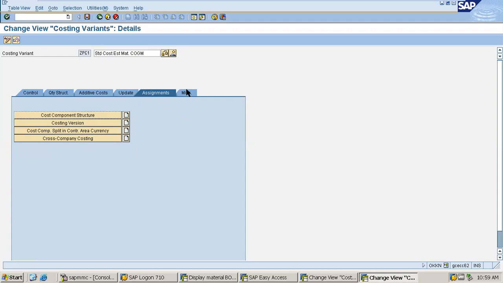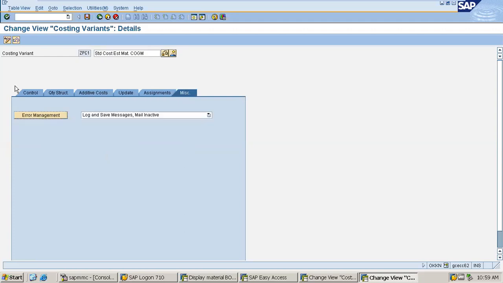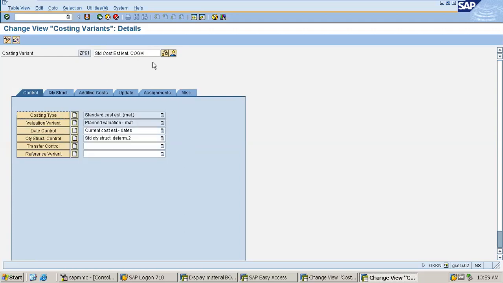OKTZ, means the COPA configuration. So first of all, once you create the costing variant, from this section you will not get any. So I'll not show you those. So that's what you have to do in costing variant. So it's done, the costing variant is prepared.